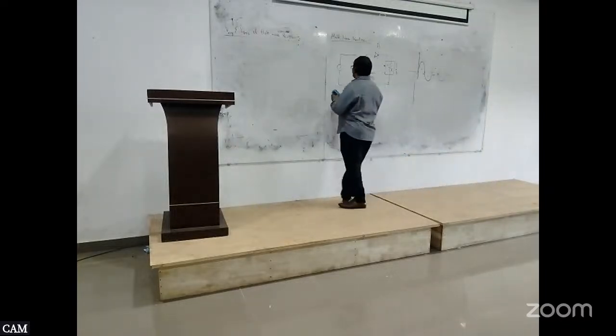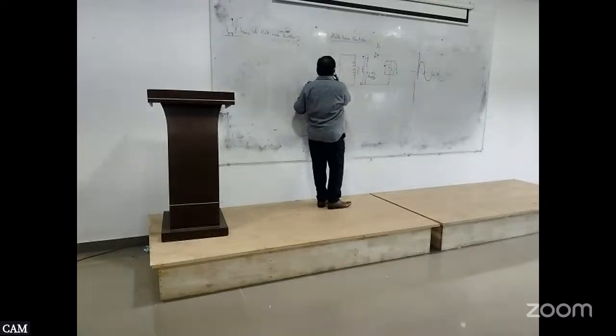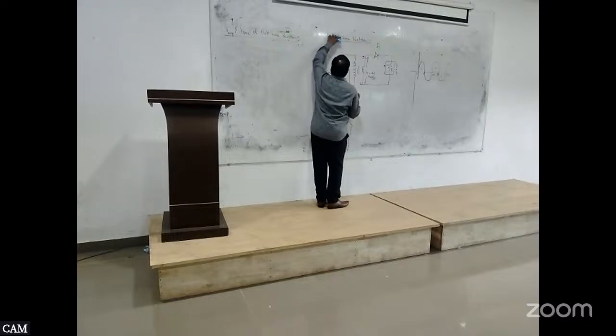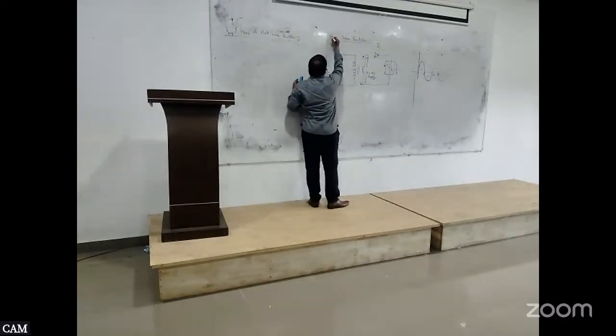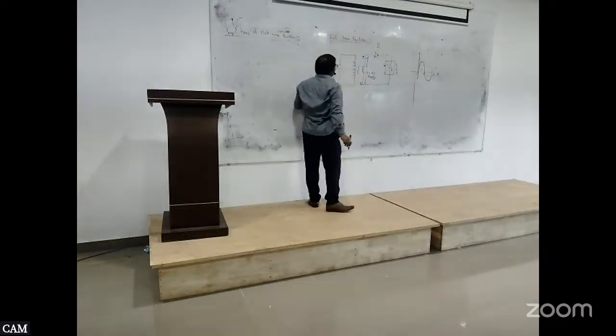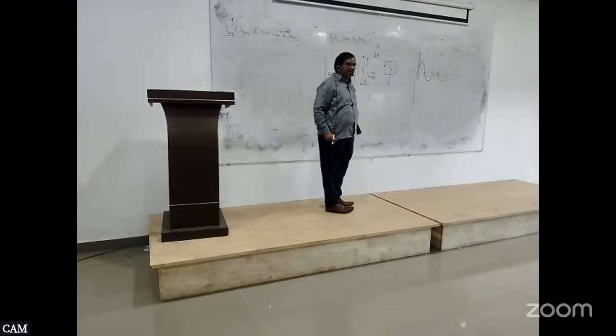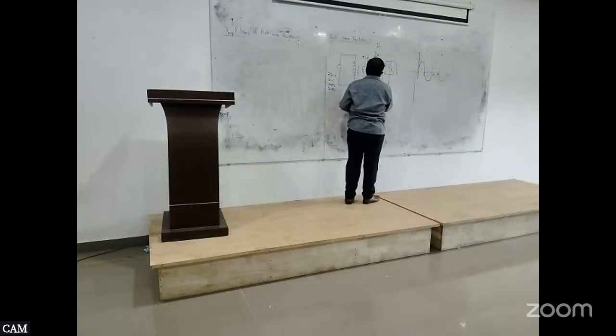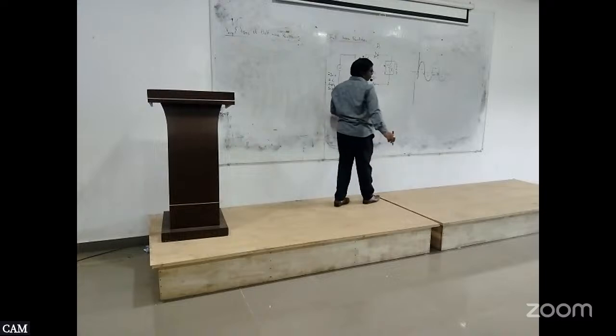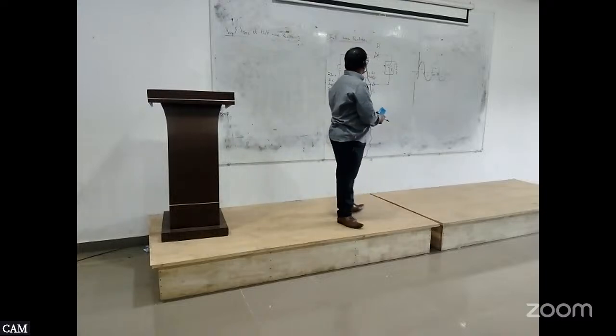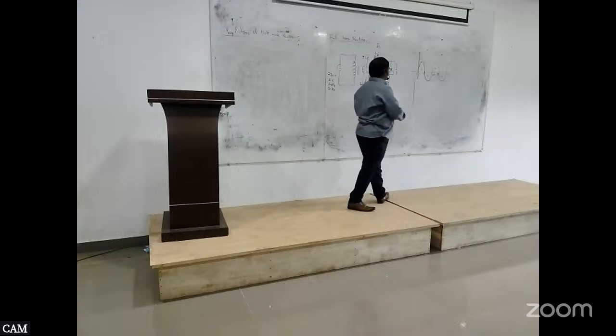So the circuit diagram of the full wave rectifier is the same, with a 230 volts AC supply of 50 hertz. Here, instead of using a single diode, you will use two diodes. We'll use two diodes. This is called diode 1, this is called diode 2. What happened actually? See,